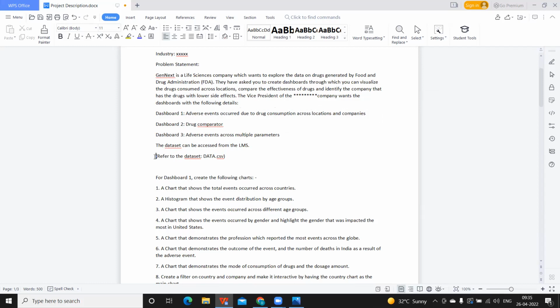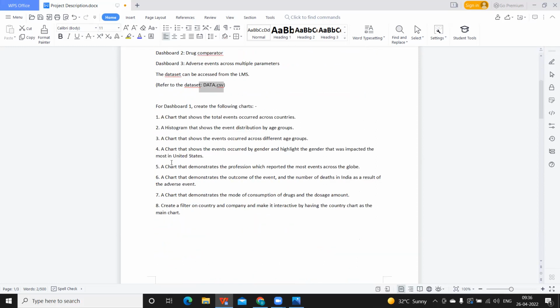The data set reference is also given. In cases where it is not a CSV, table information will also be shared. But in this case, as an example, a .csv is given for reference to start our building